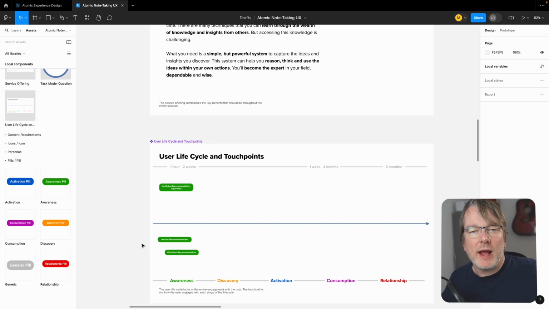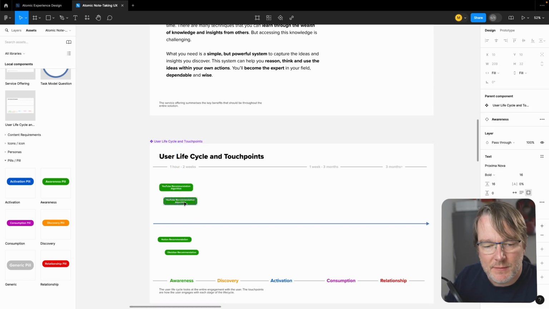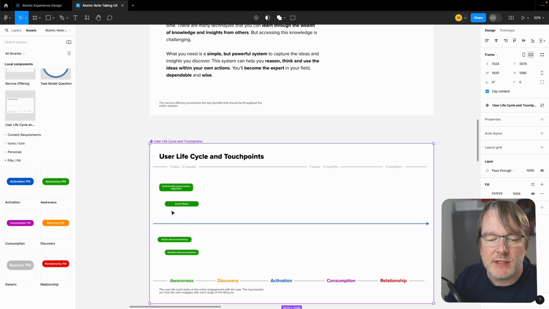So they've become aware. Someone has mentioned it. They've seen it in an online post. Maybe they've seen it on social media. So social media. And these are the touch points,